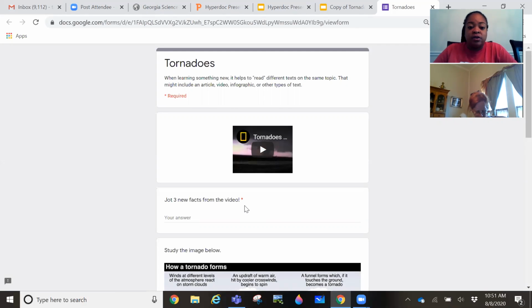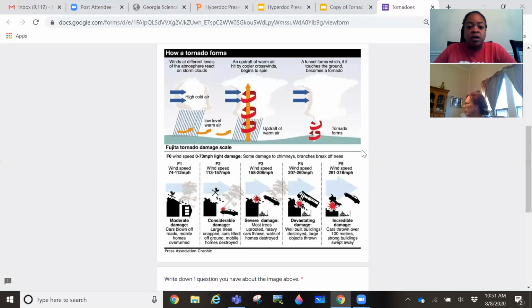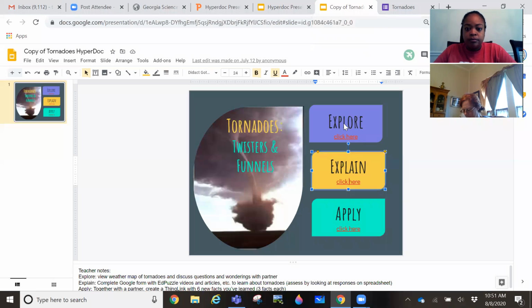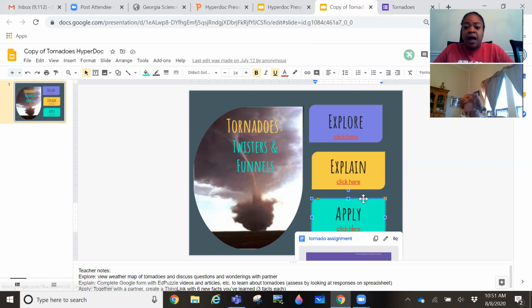assignments from the students. So you see that they have to write facts about the video that they watch. It moves on and it tells them to study an image and then write down one question that they have about the image. So as you can see, the student stays completely engaged in this particular HyperDoc. So now that they've explored, they've had the opportunity to explain, now it's time for them to apply. So when you click apply,